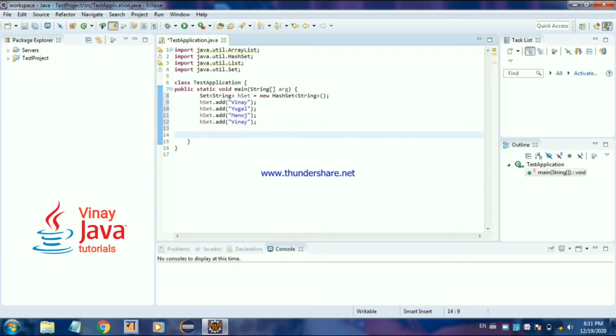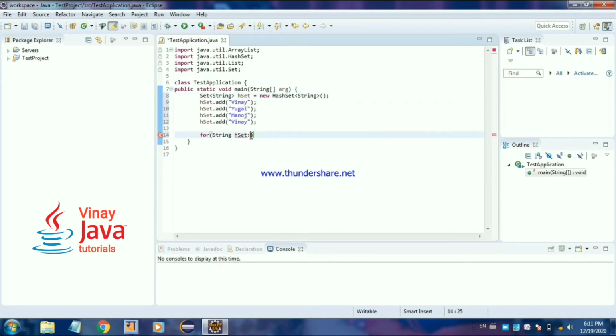Using for loop I am iterating for, then parenthesis, then my hash set is of string type, so I will put here as string, and the elements, put any variable here. Then colon, then on the right hand side the elements I have added in hash set object.